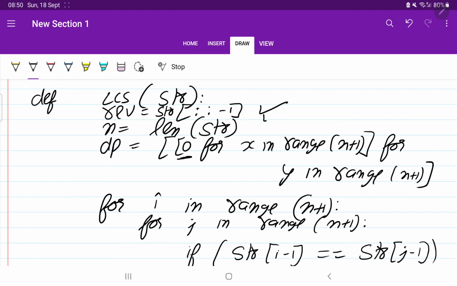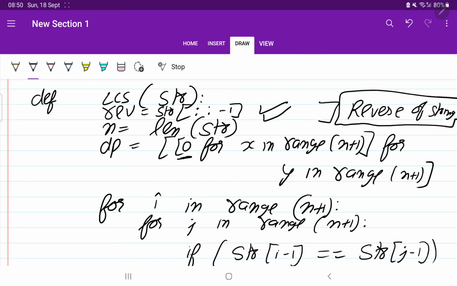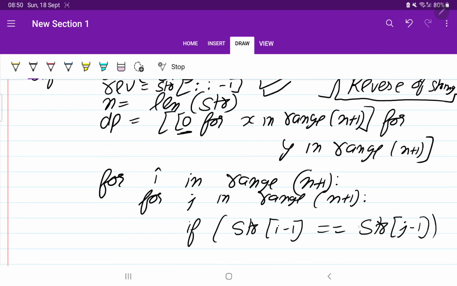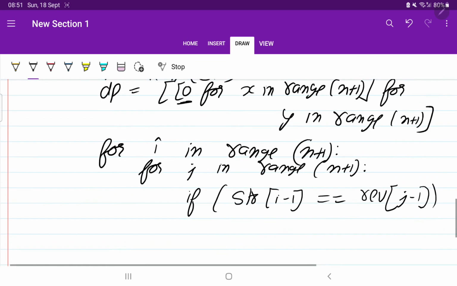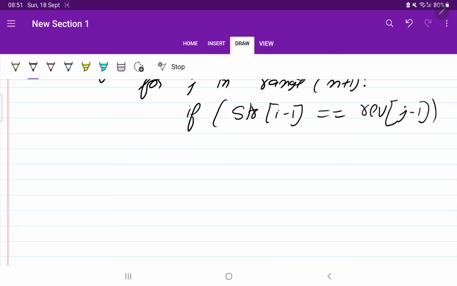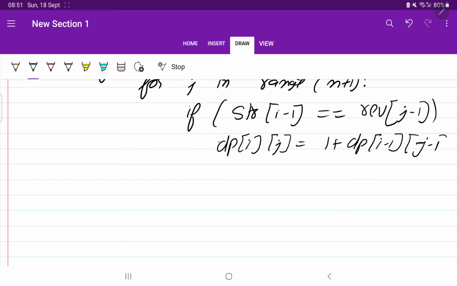This is the syntax to find the reverse of a string. Perfect. In LCS we need two strings to compare, so here it will be rev of j minus 1. If the elements are matching, what we were doing, we were adding 1 to the diagonally previous element, i minus 1 and j minus 1.